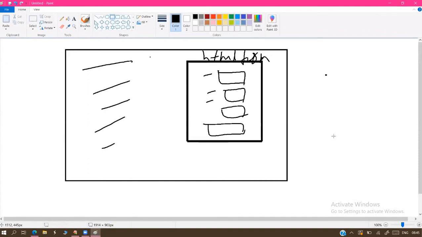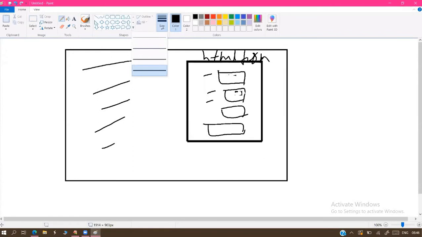HTML forms are mainly used for user interfaces for data entry purposes. Without an HTML form, can we not enter the data, sir? 100% we can enter it, but you are unable to submit it to the server. If you want to send the data to the server, it's not possible. An HTML form is compulsory to send data to a server-side program.